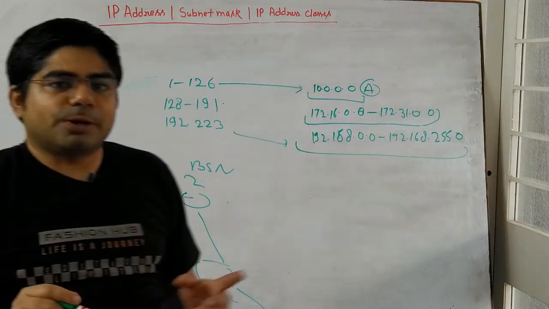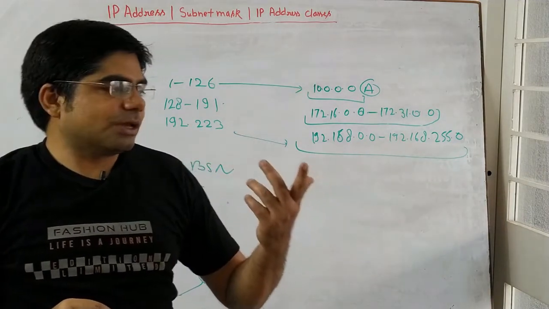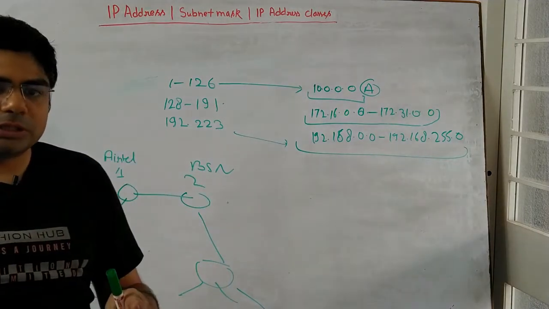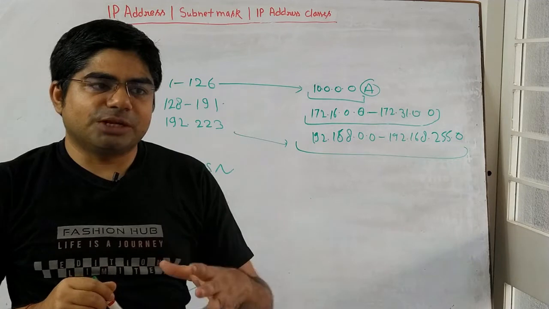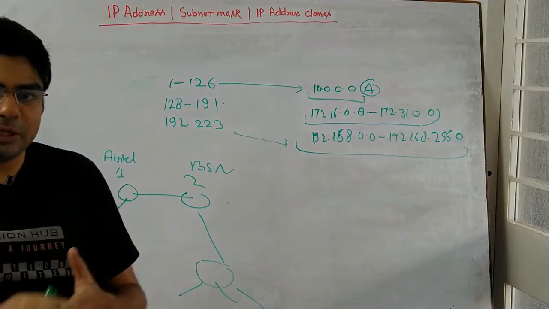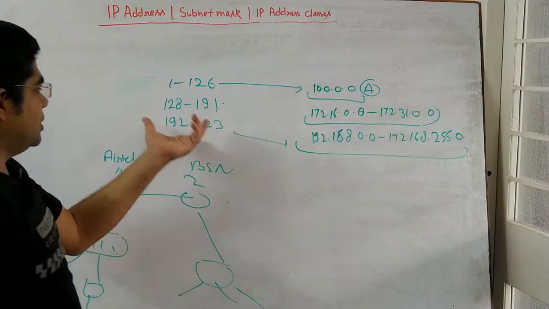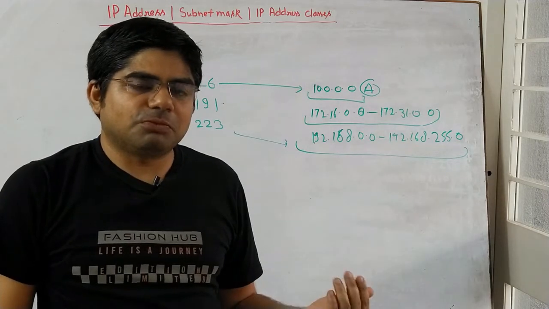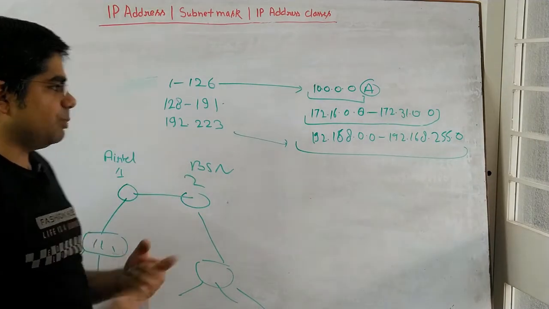Normally a public IP address we need to purchase through our ISP, internet service provider. One international organization, IANA, has divided all the public pools and gives them to registries, made for specific regions like Europe and Asia. ISPs take pools from the registry and give them to you. If we used public addresses for everything, the public address range would finish much earlier. To overcome this, there is the concept of private addresses.